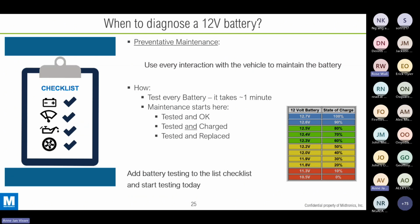Then the next question is, okay, but when should I diagnose the 12-volt battery? Like I explained, the ideal world would be that you monitor the battery over the complete lifetime. However, that depends on when you have access to the battery. And even for a workshop, especially for an aftermarket workshop, you only have a specific phase in the battery lifetime where you are capable of doing the maintenance on that battery. And that is usually when the vehicle is with a customer and that customer comes to your workshop for all kinds of maintenance, or